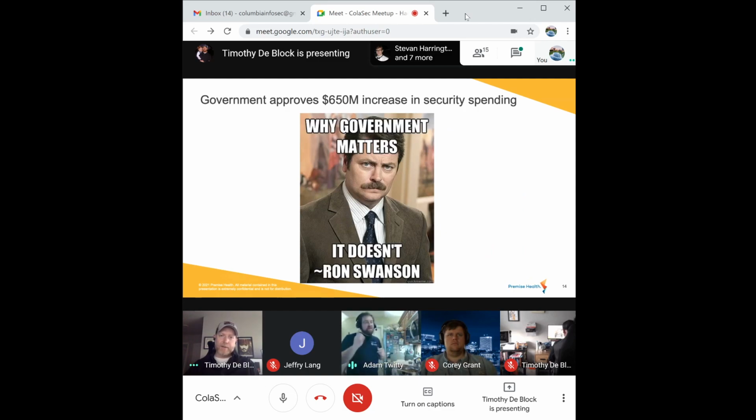More to the point, someone else's Exchange server that you're not paying for the CPU time on. So the state government approved a $650 million increase in security spending. $150 million of that, and we're going to get another rant time going, is going to Microsoft so that the state government has proper logging for their Microsoft Exchange and everything else.